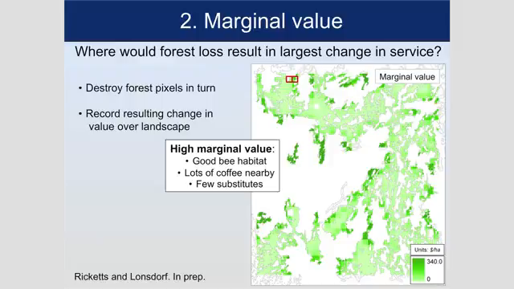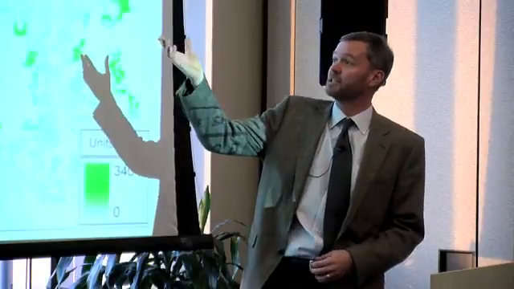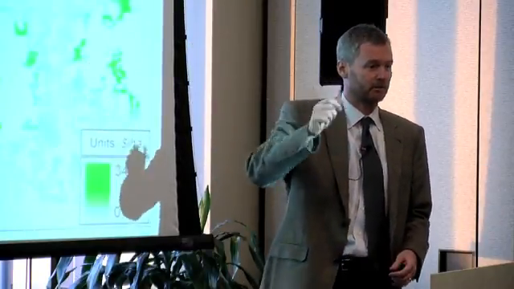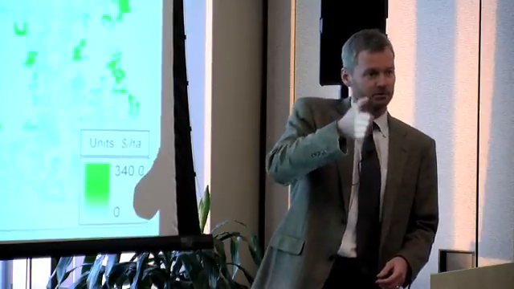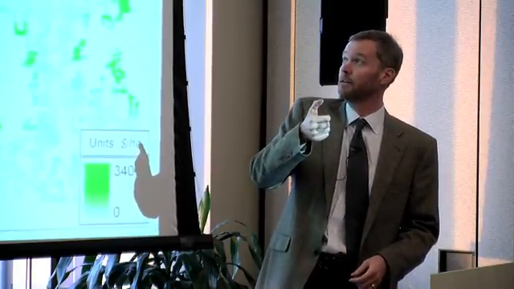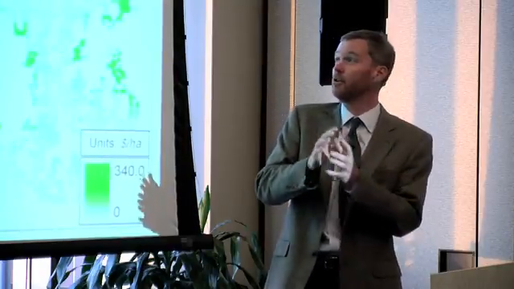It's got to be good bee habitat. It's got to be close to lots of coffee. And crucially, it's got to have few substitutes, right? So if that 10-hectare piece goes away, there isn't a neighboring one to provide the same service. And that's why these peninsulas are really dark, but the leading edges of these big patches are less so, is that if a piece of it goes, there's a source nearby. So obviously this result changes with every step, right? If you destroy a block and leave it destroyed, then the whole marginal value